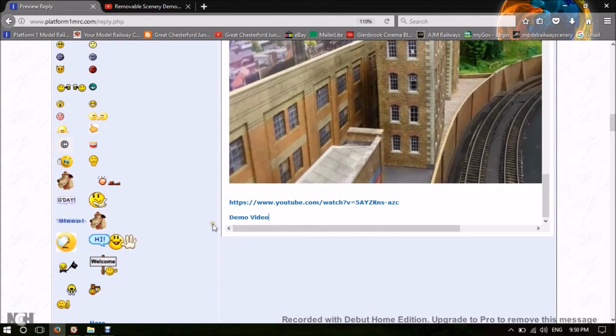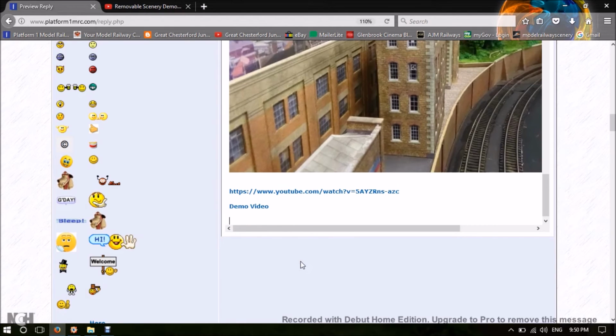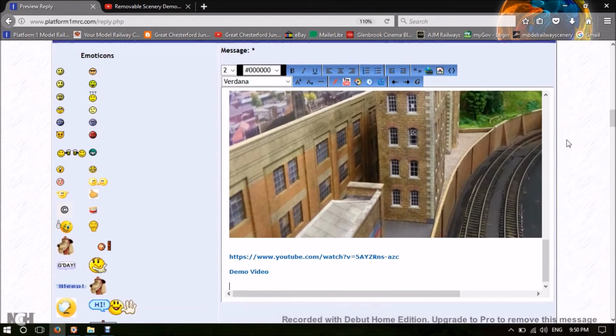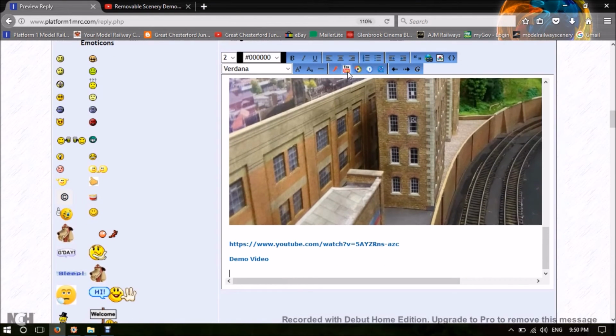and if we have a look, it's down there as demo video, and that will also take you to this same location here. Now if you want to have the TV screen side of things in your post as well, all you have to do is click on this YouTube icon here. Just click on that,